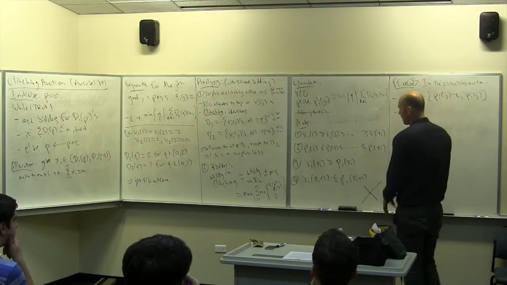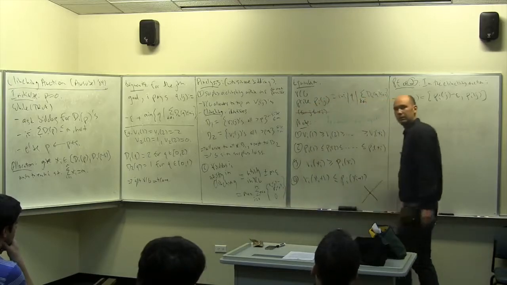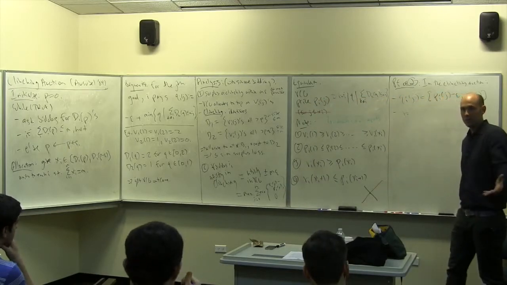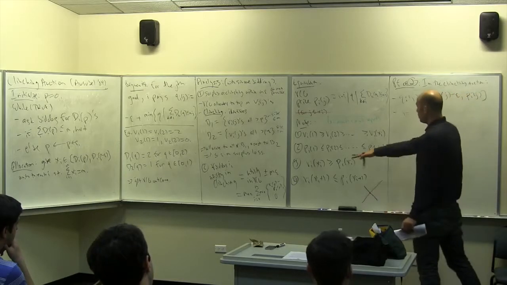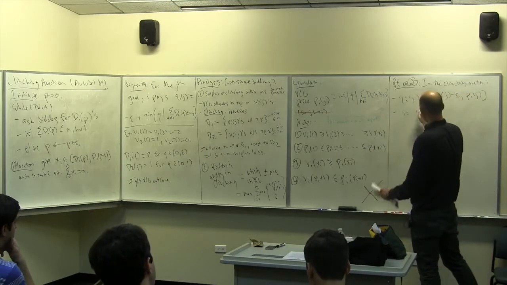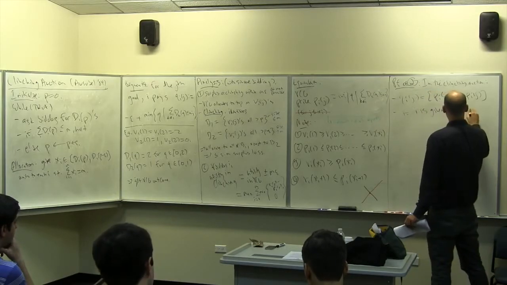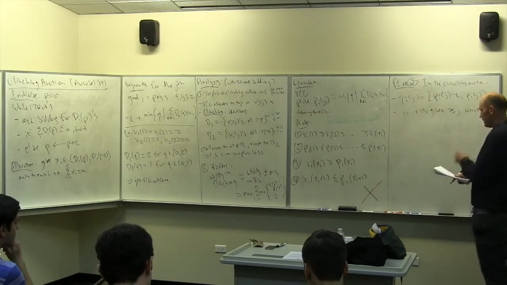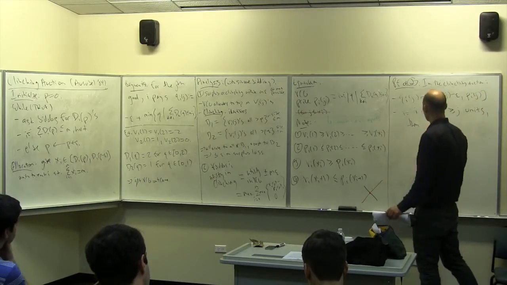So basically I'm going to claim that in the clinching auction, we're essentially optimizing this for the bidder, just with the q's instead of the p's. So the q's are almost the same as the p's, so the utility is going to be almost the same. So if I is given at least j units in the clinching auction, then